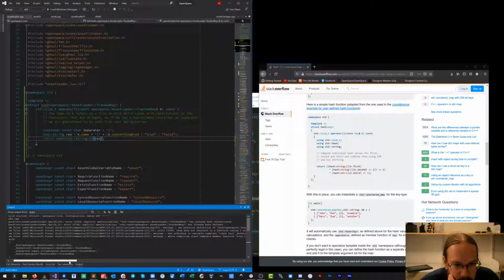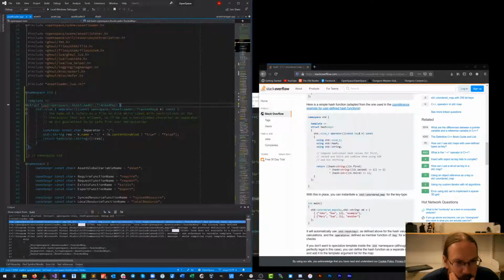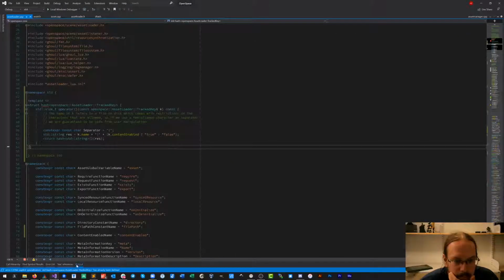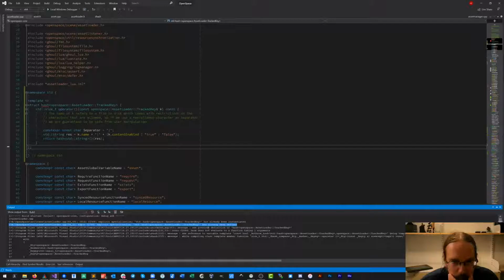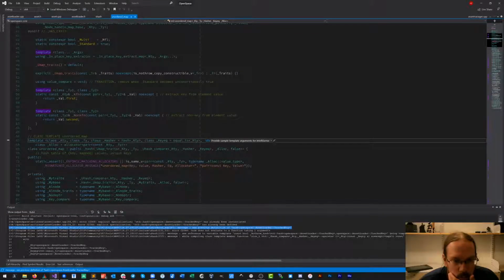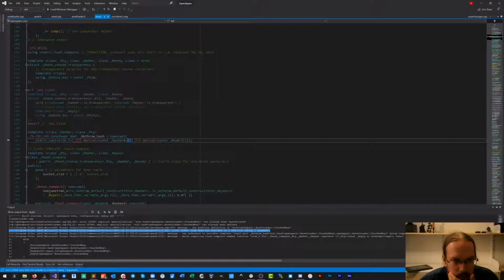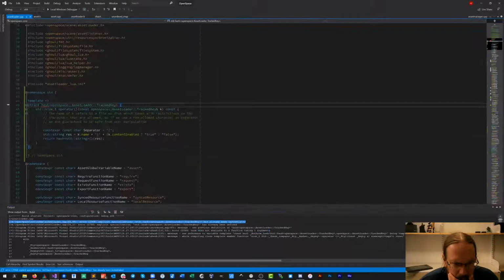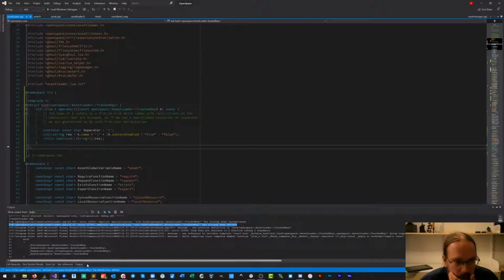Error: explicit initialization. Track key has already been initiated. What the heck? Previous definition. But it hasn't.